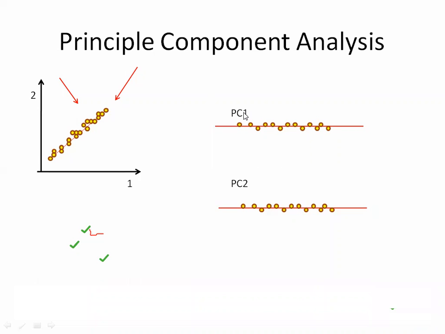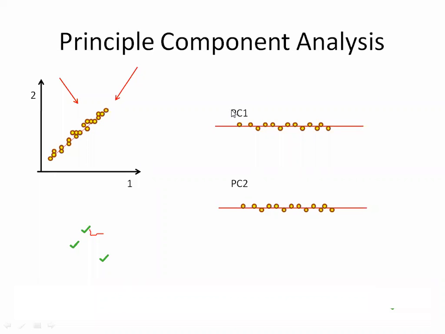So how many principal components will there be? 2 or less than 2, because the rule is that the number of principal components is less than or equal to the number of dimensions. Now, what will happen if the number of dimensions is more? If the dimensions are more than 2, that means it is a 3-dimensional, 4-dimensional, or more than 2-dimensional space.